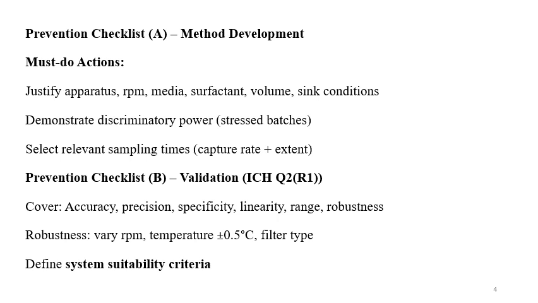Then selection of the speed or RPM of the basket or paddle, or dips per minute for the apparatus USP 3, or flow rate as per the USP 4. Selection of the media, selection of the surfactant and surfactant concentration, volume of the media and achieving or not achieving the sink conditions,